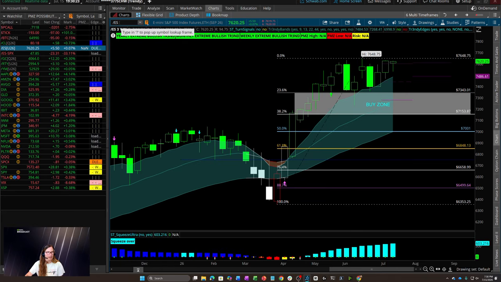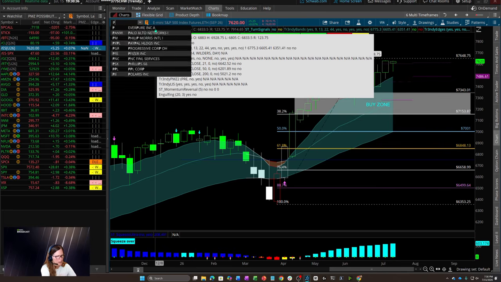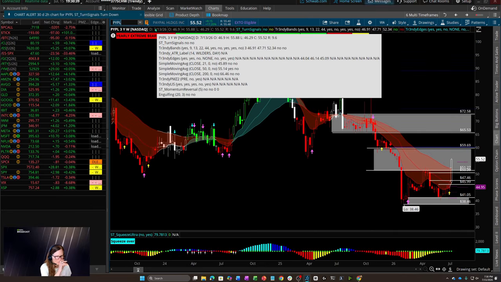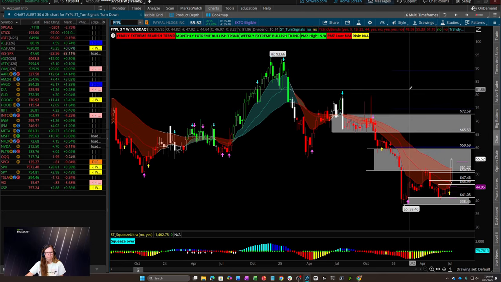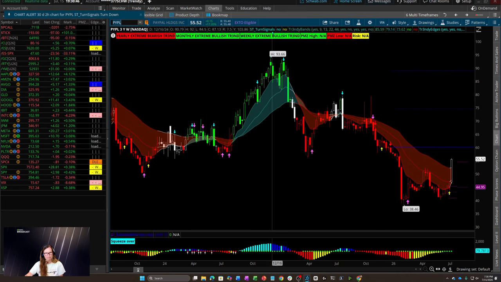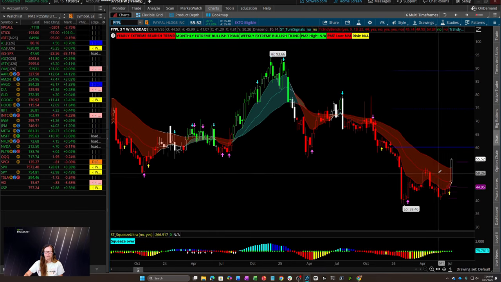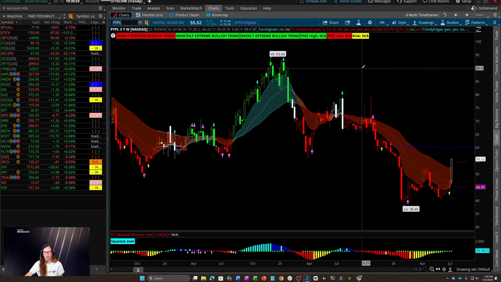Now let's look at a name that is in a downtrend. And let me think of something that has been getting beat up. Is it PayPal? Yeah. All right. Same time frame chart, a weekly chart. But notice that this chart looks very different than the ES futures chart. This chart is showing a